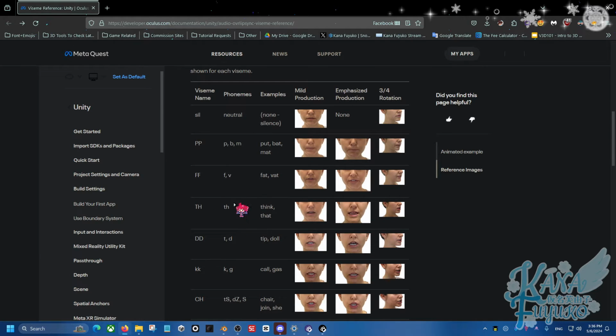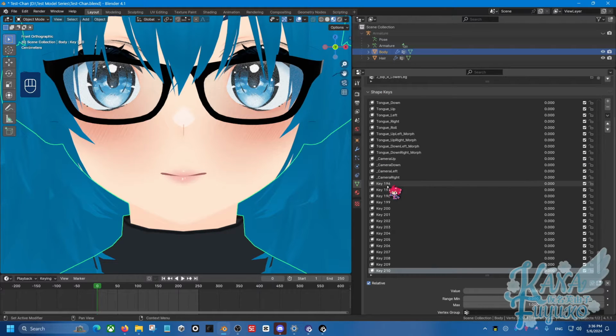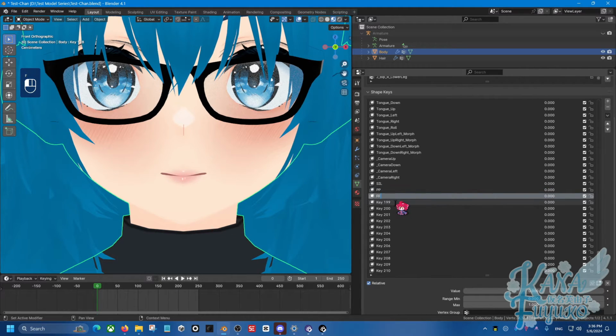And you can name them however you want, even if you're a VRChat user, as long as you know what each shape key is supposed to be. So I'm going to go ahead and type in Sil. I'm going to use capitals, just by choice. Then I'm going to type in P. Then I'm going to type in F. Then the